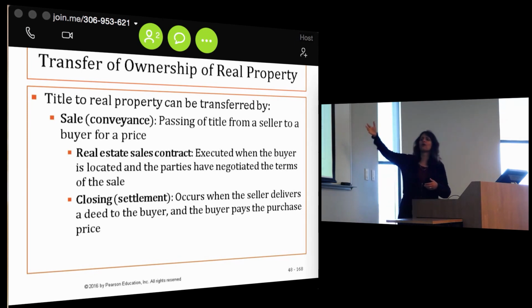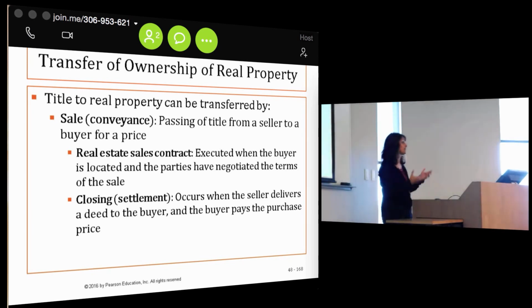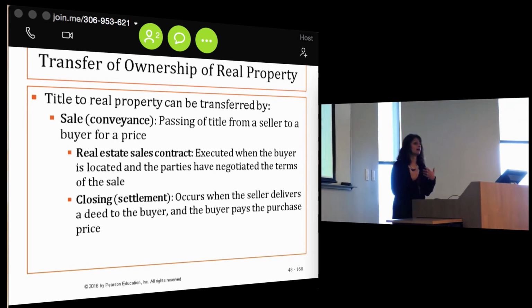And yes, we know that involves a real estate sales contract. And didn't we talk about statute of frauds? It's a contract that is subject to the requirement to be in writing and so on, and buyer and seller are going to negotiate the terms of the sale. And we know that the process is really quite